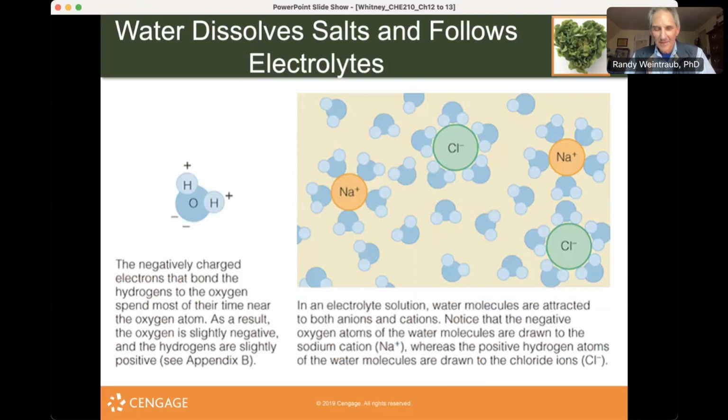Now we look at the electrolytes on the right. Main electrolytes, well, here we see sodium and chloride, and you see how the water molecules associate or interact with parts of these cations, shown as the sodium, and the chloride ions, the anion, negative. You see how they associate and move them around and attract water.